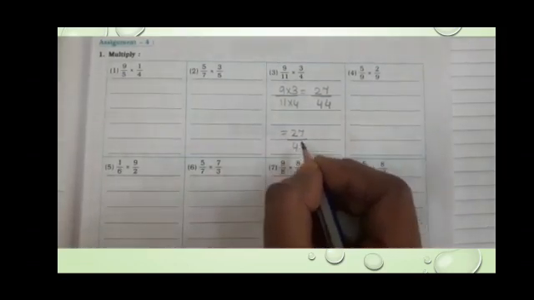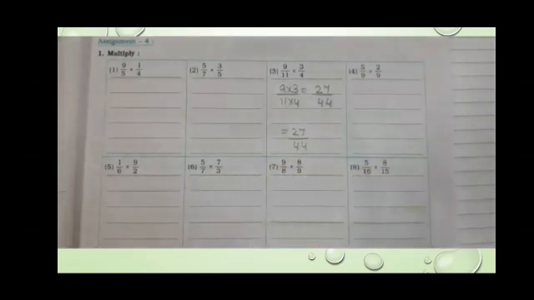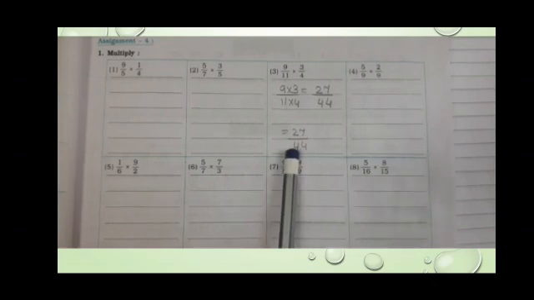Now you have to think. These two numbers come in which table? 27 comes in the table of 3 and 9. But in 3 and 9, 44 doesn't come. 44 comes in the table of 2. So you cannot divide or reduce this fraction to lower numbers. So this is your only answer.